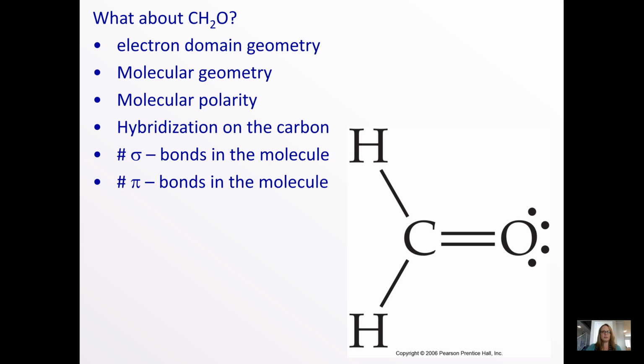Okay, assuming you have done the problem, let's go through and look at that carbon. Electron domain geometry, we have 1 to 3 regions. So let's just make that a little bit more visual for you. So we have 1,